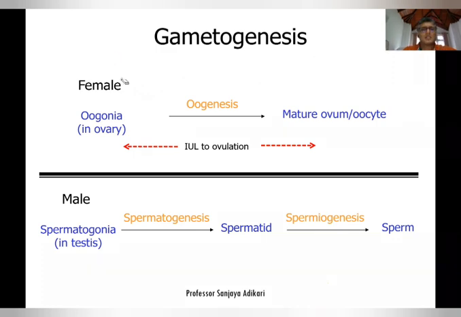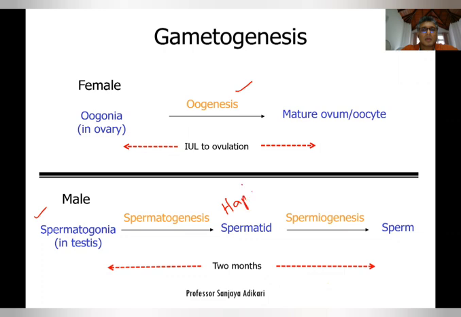Then in contrast to this, when it comes to the formation of sperms, here you had only one process, and there you have two processes. Initially, you get spermatogenesis, and then you get spermiogenesis. Now, the spermatogonia, the male stem cells which are in the testicles, undergo spermatogenesis and produce haploid